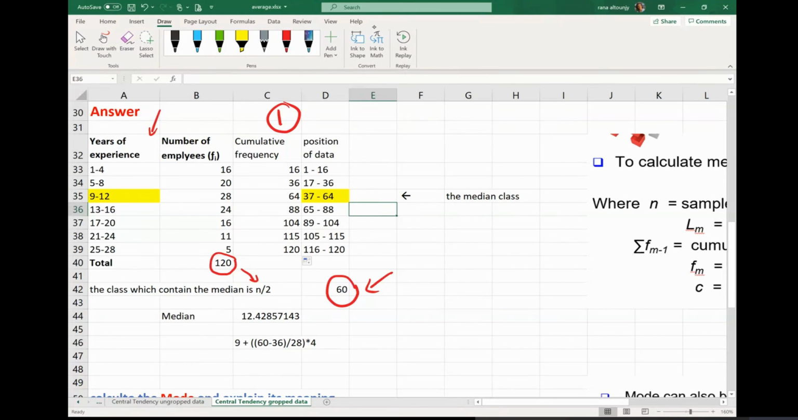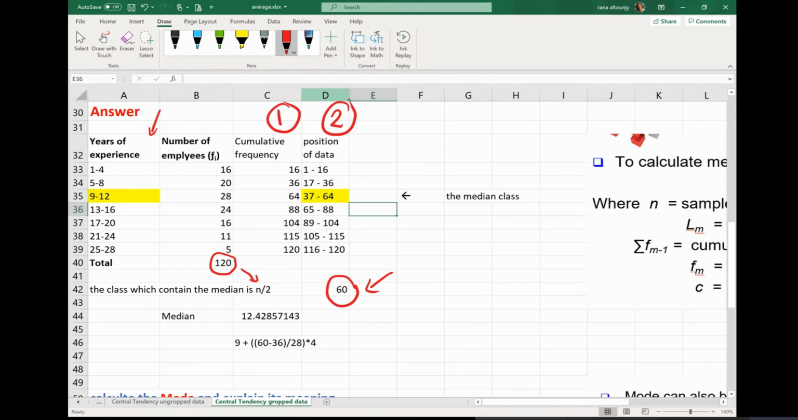Second, you need to find the position of data. What is the position of data? For the first one, the cumulative frequency is 16. It means this one has the data from 1 to 16. I'm not talking about years of experience. I'm talking about number of data. So in the first category, we have the data from 1 to 16 because based on the cumulative frequency here,